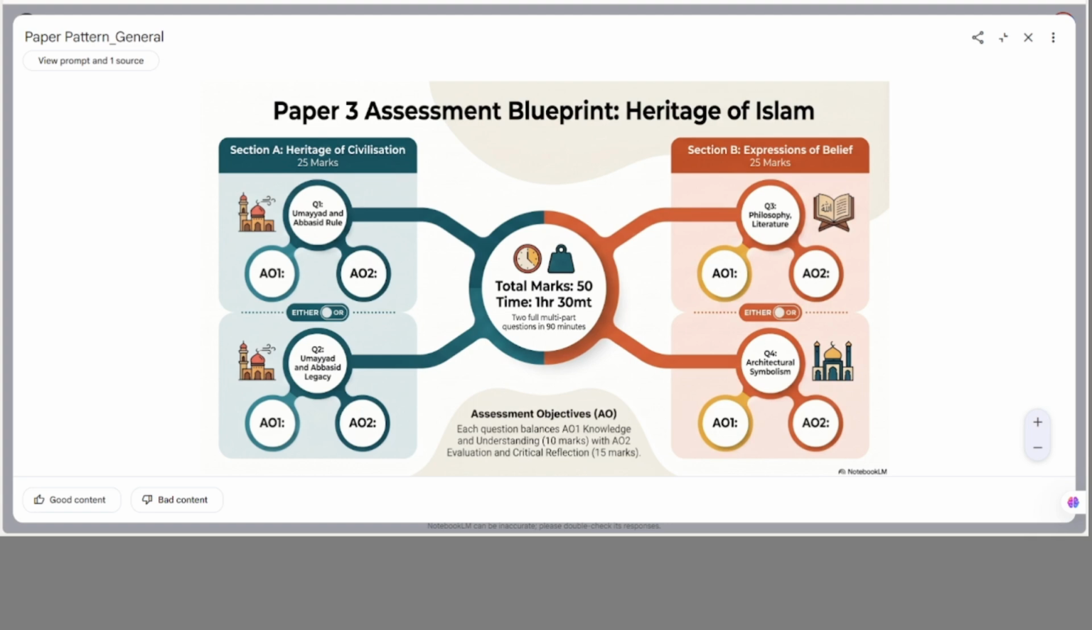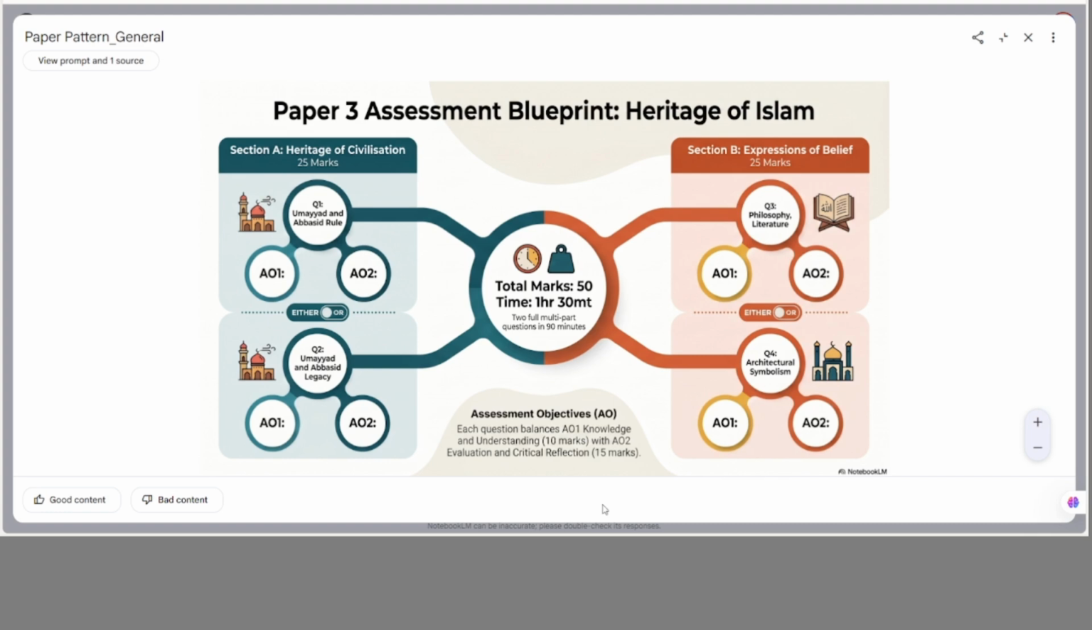We have a lot of syllabus in Paper 3 and Paper 4. Paper 4 is not too complicated. There are specific topics like women in Islam and pluralism, and such major topics. But in Paper 3 we find a lot of topics. As you can see in this image, it is all about the